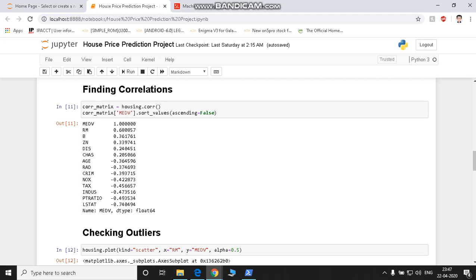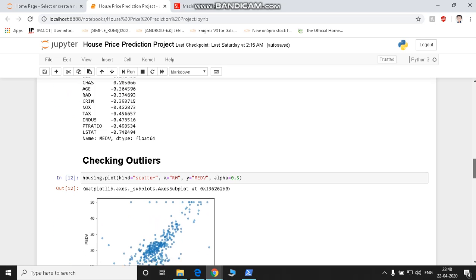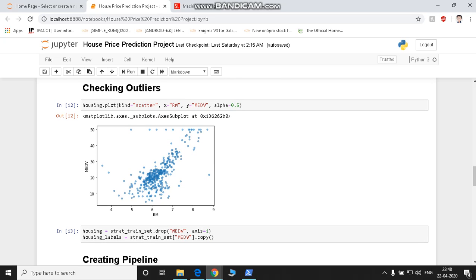So positive correlation here means that the data are proportionally related, and negative correlation means the data is inversely proportional.